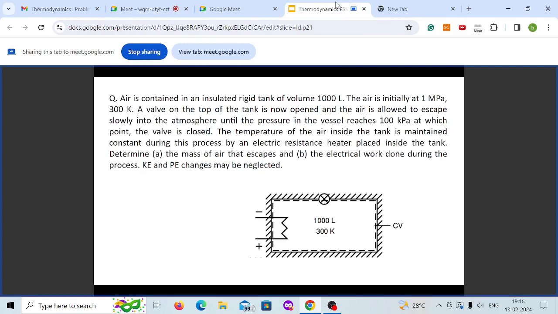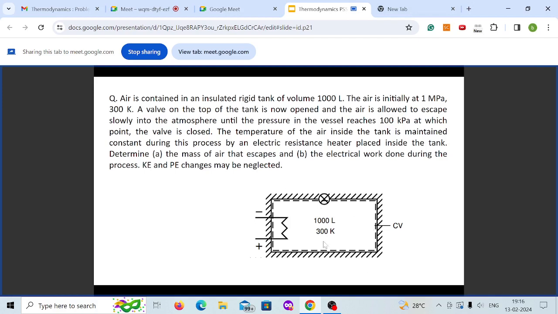So moving on, we have an insulated rigid tank which has a volume of 1000 liters. This air is initially at 1 megapascal and 300 Kelvin. So you know the conditions: your volume is known, 1000 liters, you know the temperature, which is 300 Kelvin, you also know the pressure is 1 megapascal. You have a valve at the top of this rigid vessel,